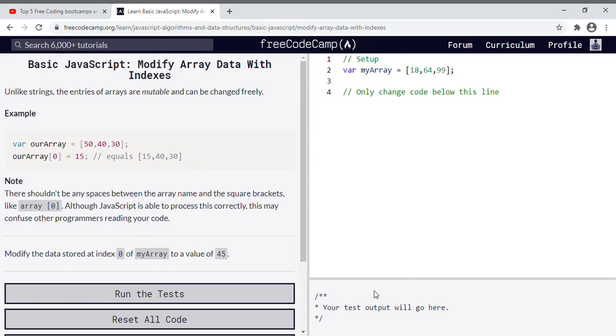Modify array data within indexes. Unlike strings, the entries of arrays are mutable and can be changed freely. So strings can't be, but if it's in an array, it can be changed. So the example it gives you there